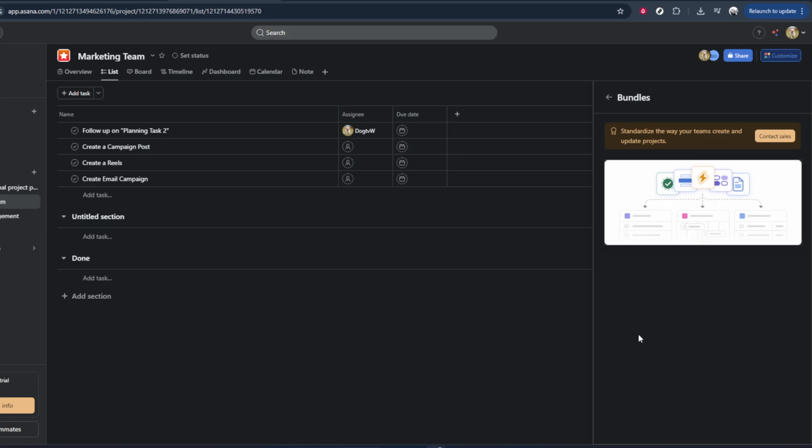When you click Bundles, Asana may inform you that this feature requires a higher plan. If you see a message asking you to upgrade, that means bundles are not available on your current subscription. Take a moment to review the details shown on screen. You might see information about pricing, what's included, and how bundles fit into the plan level you're upgrading to. It's a good idea to confirm internally that an upgrade makes sense for your team, especially if you'll be using advanced workflow features regularly. If you decide to proceed, simply follow the on-screen